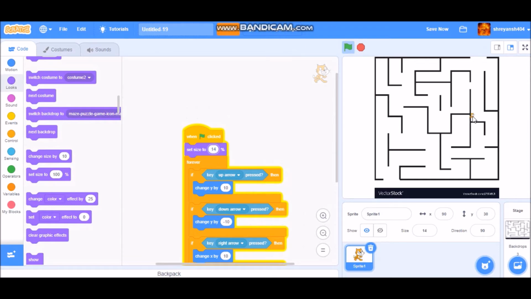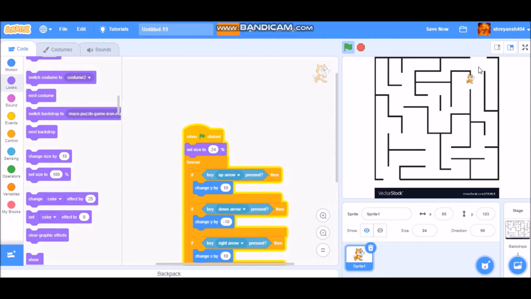That's a little too small. That's perfect. Now you can see we have almost completed the game, but nothing happens if we are touching the